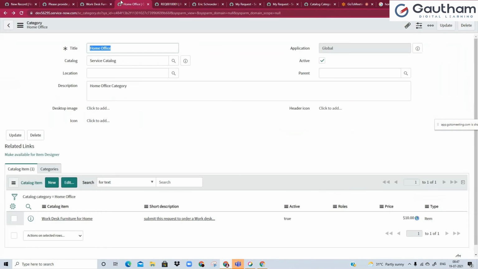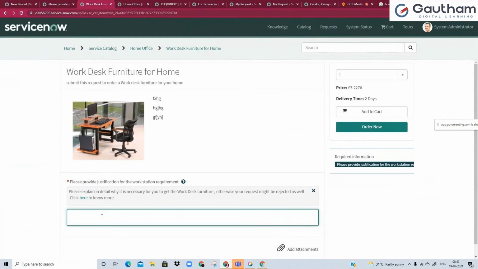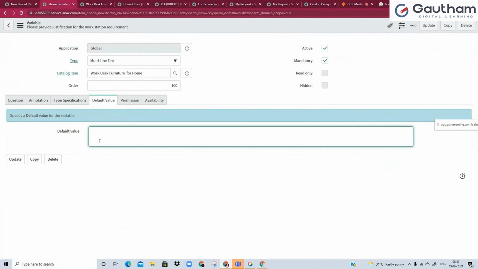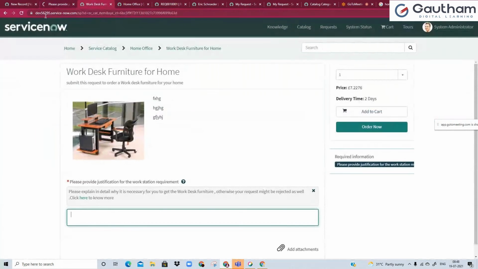Okay, so this is a free text, right? So if you want to fill it up with some default value, remove the text and enter your values here, right? Like if I give it, this box will be pre-filled with that data,